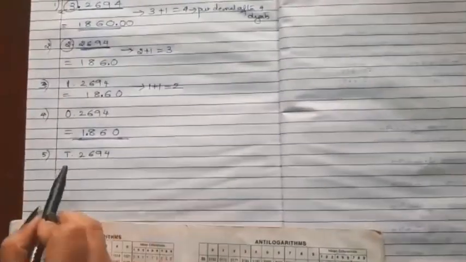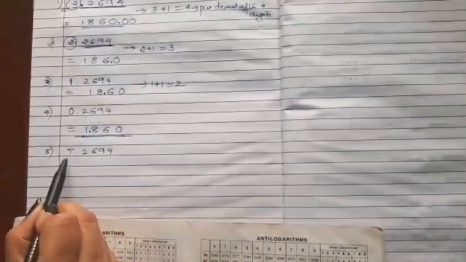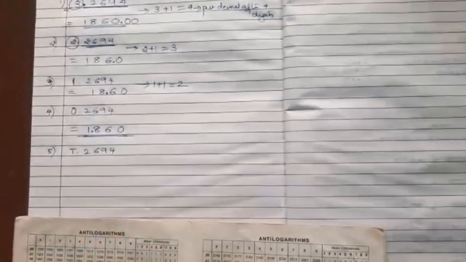Similarly, you can also get a number that will have a bar. So bar 1, 2694. In logs, you remember why we had put bar 1? It was only because there was no digit before the decimal. So 0 minus 1 gave me bar 1. Now in antilog we have to do the reverse in a similar way. When we have bar 1, that means we will have to put just 0.1860. When you see the bar number, you think of it as zeros around the decimal. Since it is just 1, it will be 0.1860.